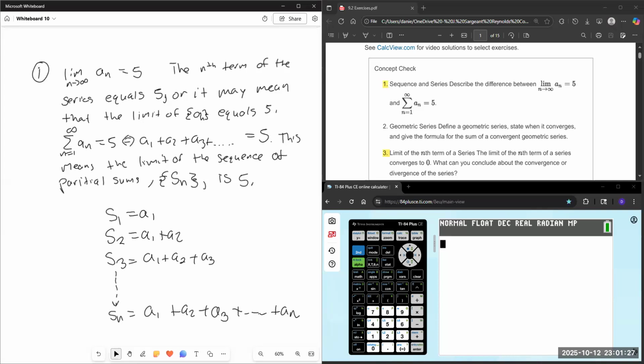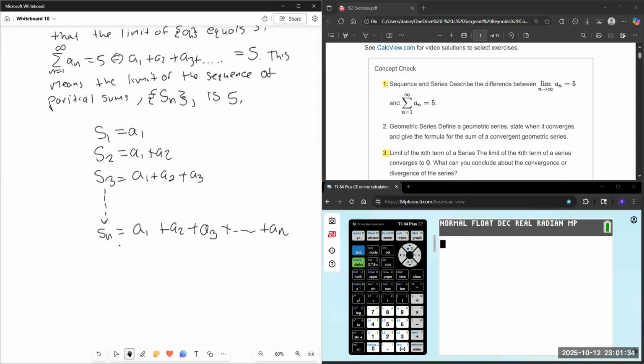And if we let n go to infinity, limit of S sub n as n goes to infinity, if that equals a finite number s, we say that